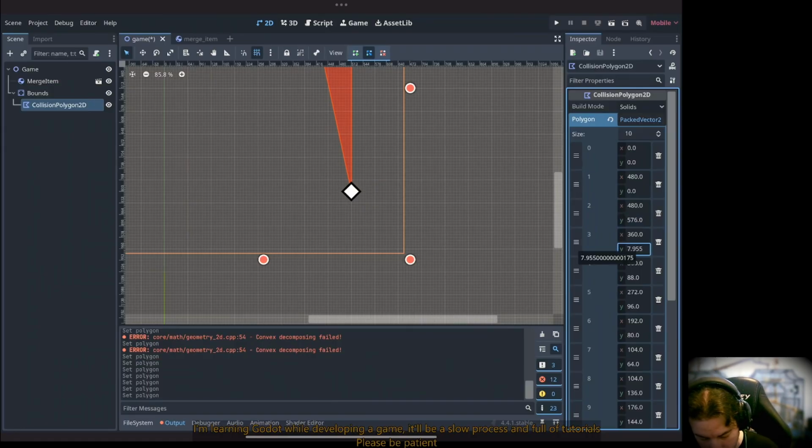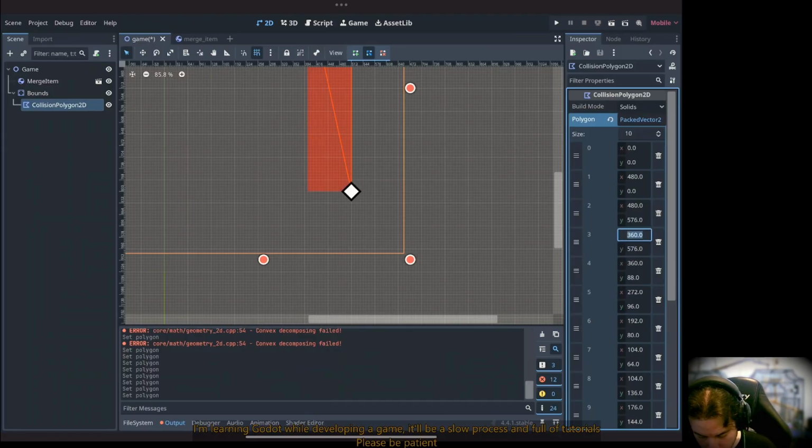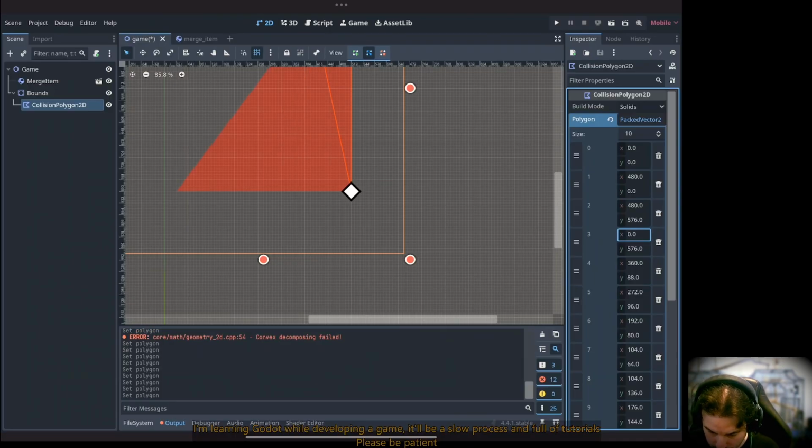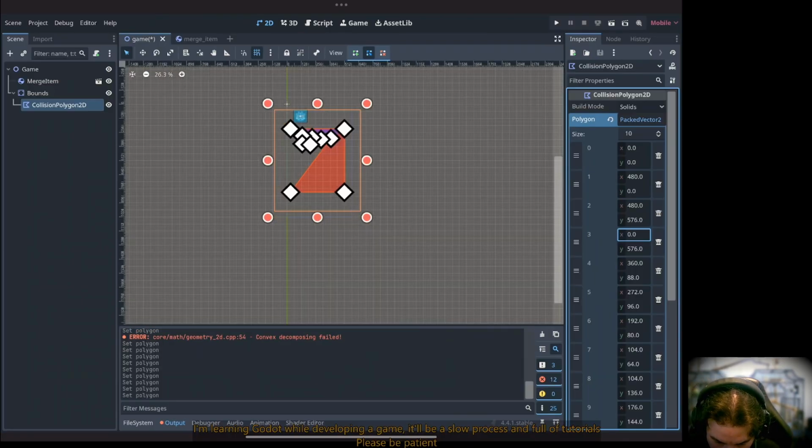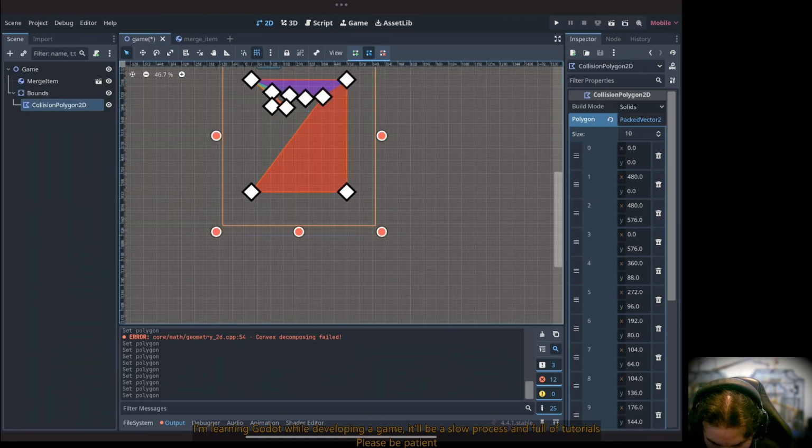This is 576. This will be 0. So as you can see, we have like the starting of our area. So we have our